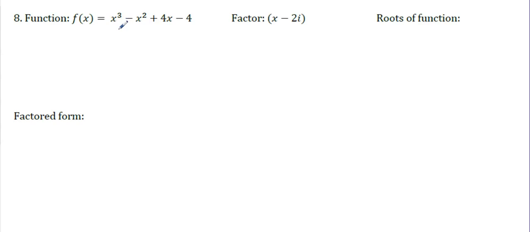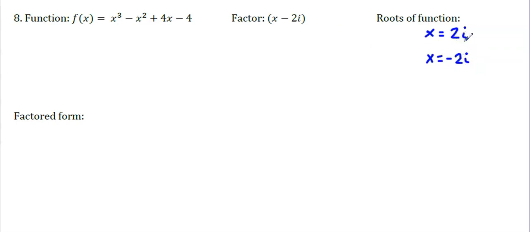Here I have the function f of x equals x cubed minus x squared plus 4x minus 4, and my factor is x minus 2i. So it's cubic. I know that I have 3 roots, and I know that one of them is x equals 2i. If one of them is positive 2i, then the other one has to be negative 2i, because these complex roots, these non-real roots, come in